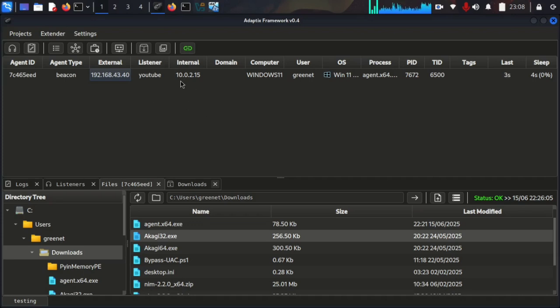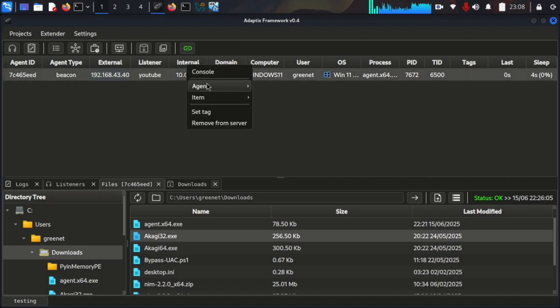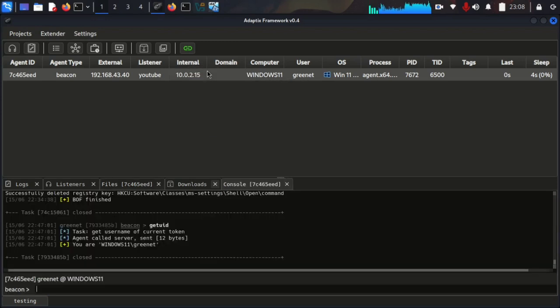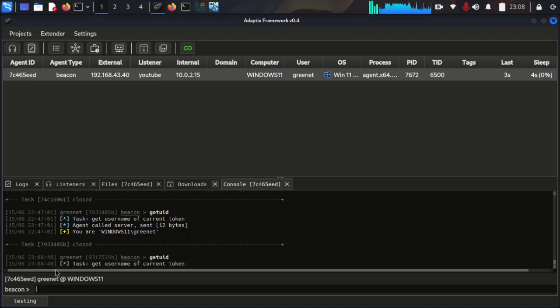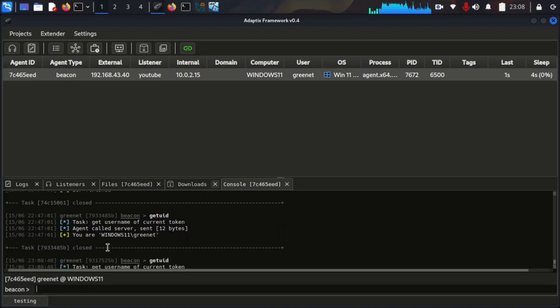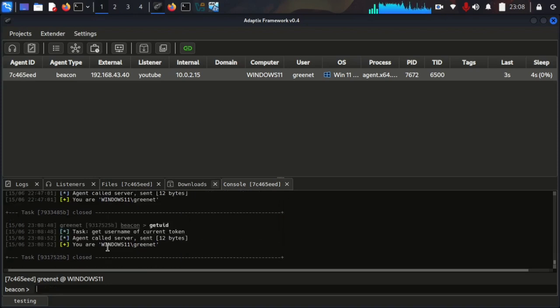Now when you try to see up here, I still have access to my Windows machine. I'm going to just tap on it, right click, come here to agent, or you are going to come here to console. So if we tap on that, you see that here we need to see the user that we are working with. So I'm going to just say get UID. If I press enter 2 times, you are going to see the user that we are working with on this